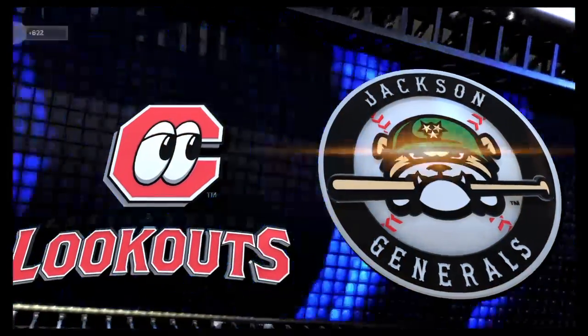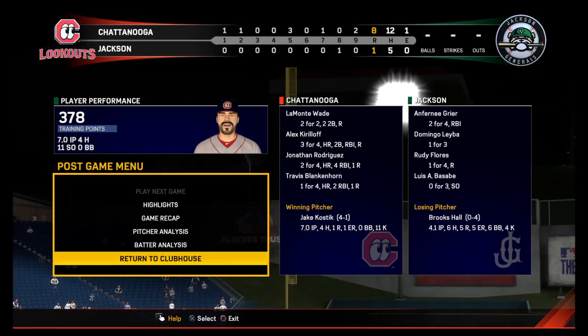8-1 is the final tonight. Jake Comstock earns win number 4 on the season, picking up 11 strikeouts along the way. So that'll just about do it. For Harold Reynolds, Dan Plesac, and